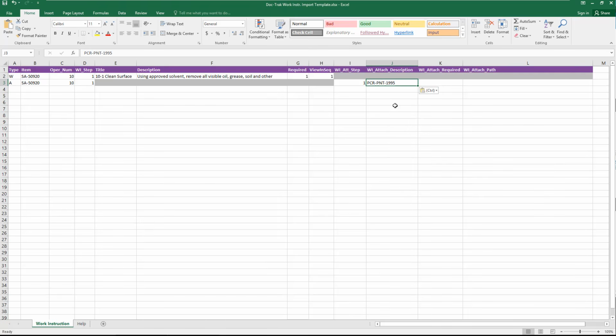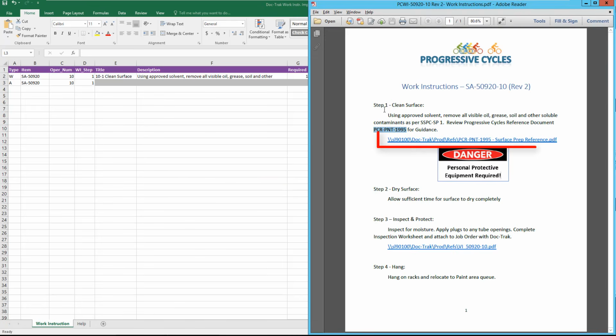Next, we want to require that the user opens this attachment, so we're going to enter 1 here. Then we need to enter the full UNC path and file name for our attachment. Now, I could just copy it from the document like I did the last time, but here's another easy way to do it.